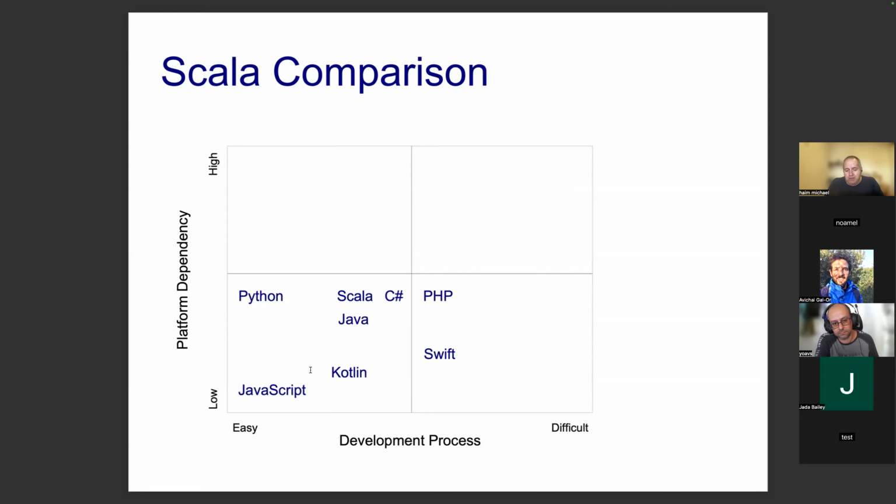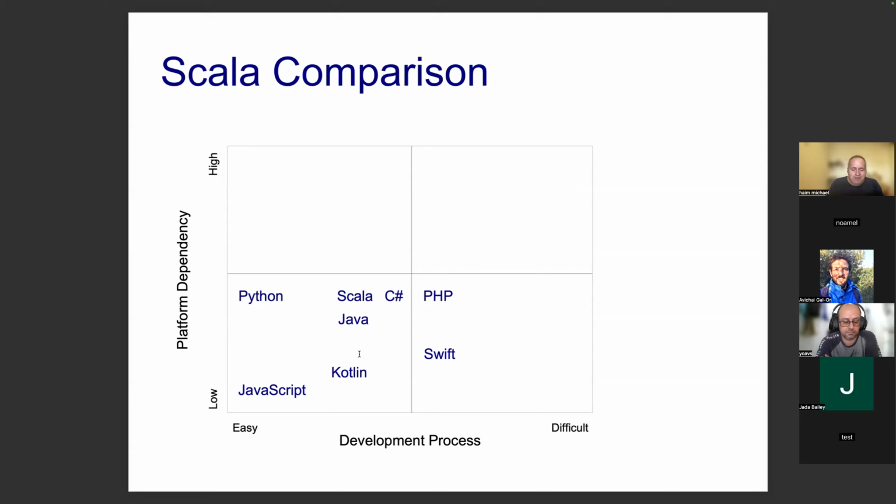Now, regarding the development process, no argument, JavaScript and Python have the simplest development process. PHP, I put on the right because when it comes to connecting the IDE with the debugger, many developers find it not trivial and get into difficulties, especially when they need to debug code running on the server side. I have excellent video clips on YouTube that explain how to do it, but most developers are not familiar with that. They have difficulties. So Python and JavaScript have the simplest development process. You just write code and that's it.